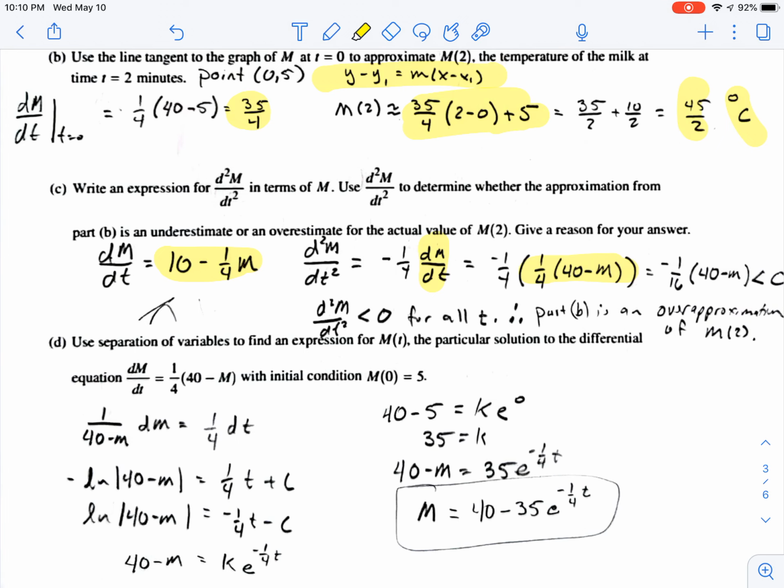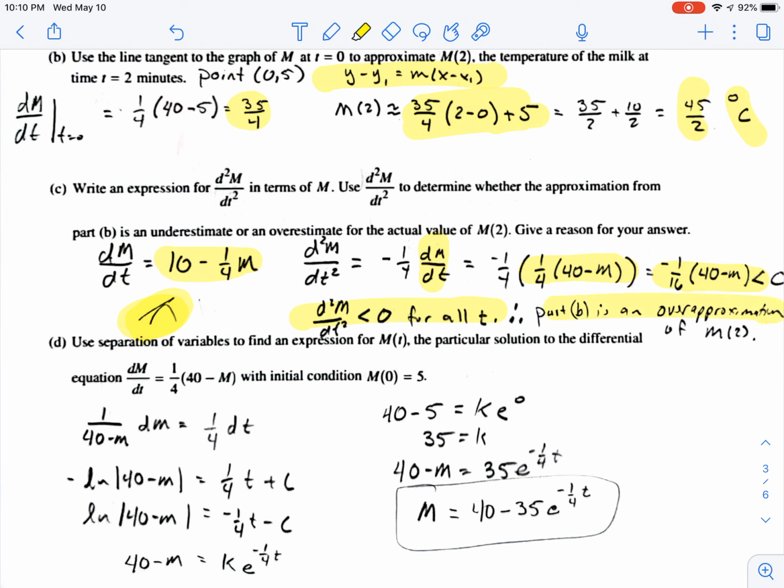and we end up getting negative 1/16 times this (40 minus m), which will always be greater than 0 because it told us the temperature of the milk is never going to be more than 40. And so that means the graph is concave down and our tangent line will be an over approximation. But really all you need to say is dm/dt is always negative, therefore it's an over